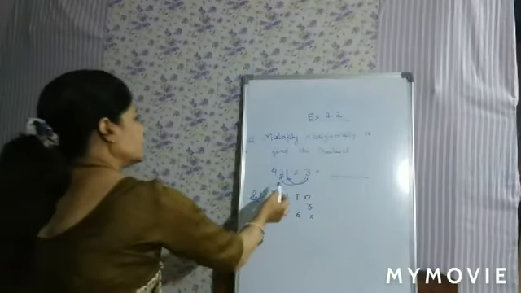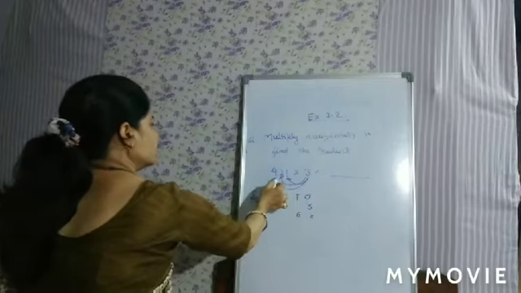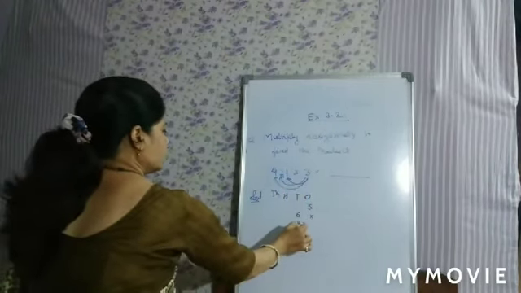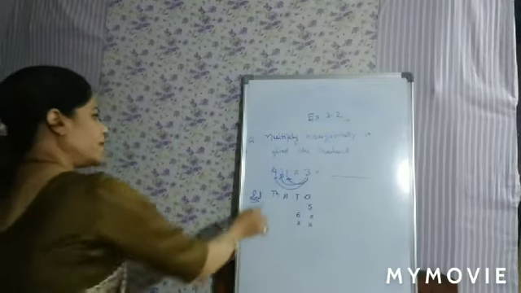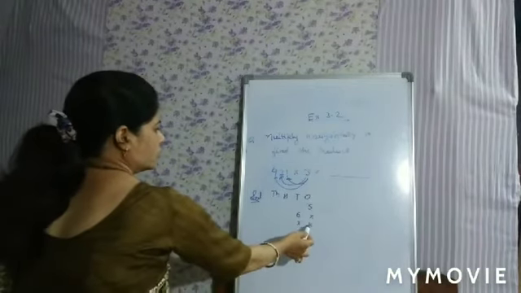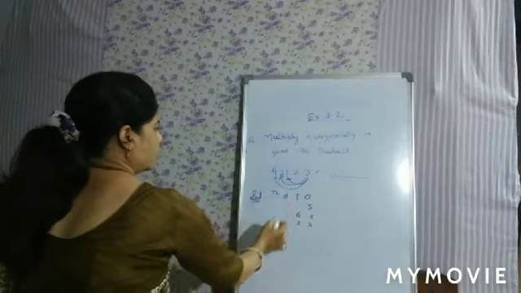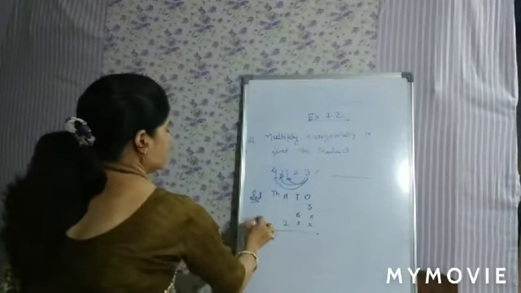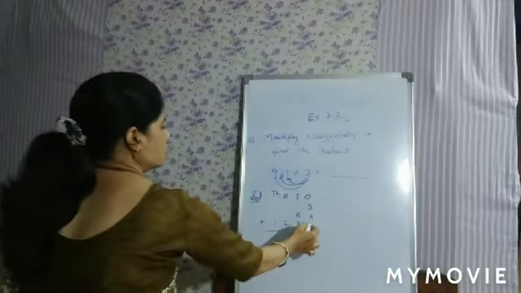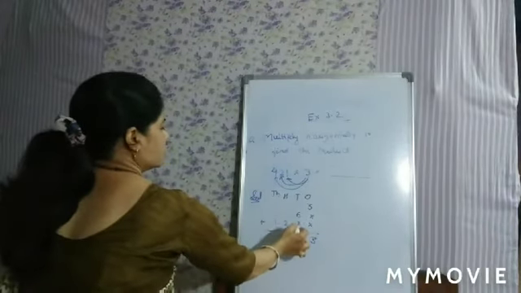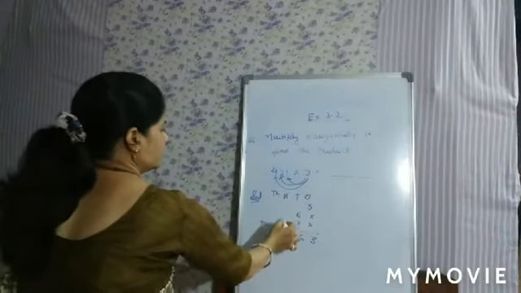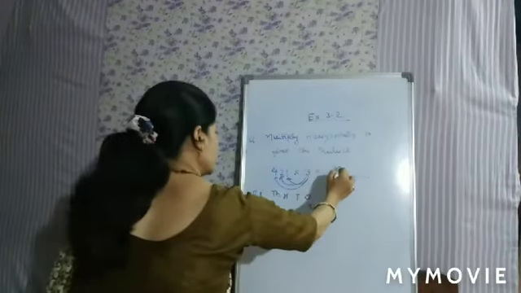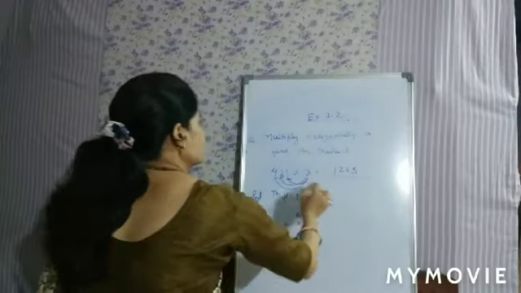Then you have to multiply 3 and 4. 3 fours are 12. So to write 12, first you have to cross ones and tens place and then write 12. And then 8. 3 cross will be 3. 6 as it is you have to write. Then 2 and then 1. What will you get here? 1263. This is the product.